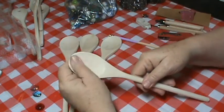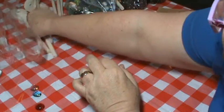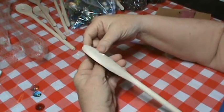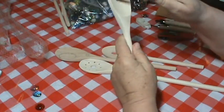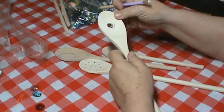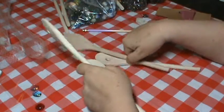Give myself a place, and then they are drilled. Put these aside. There's a pilot hole that is drilled, your original hole. Not through the whole way, but just to take out as much as I can out of the hole with the drill, and then I will go back and I will